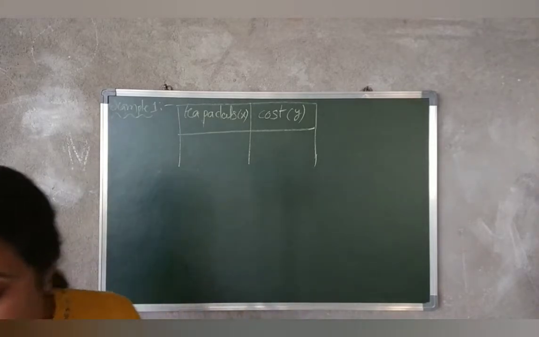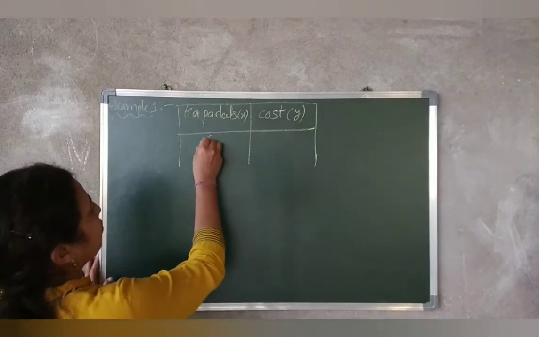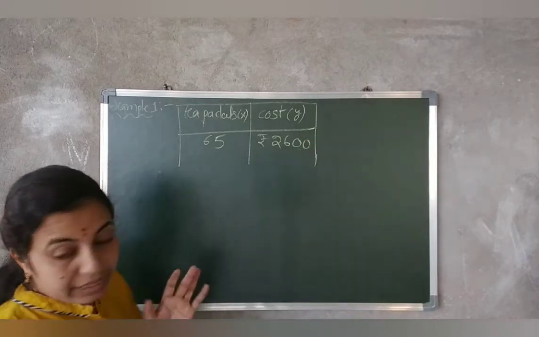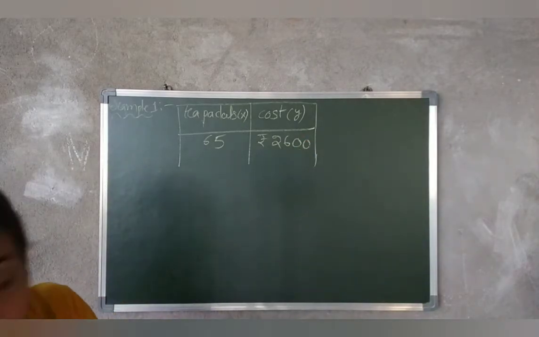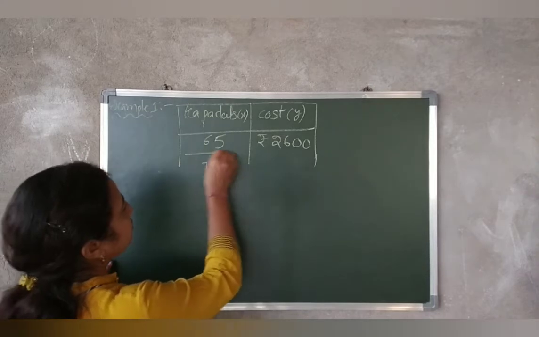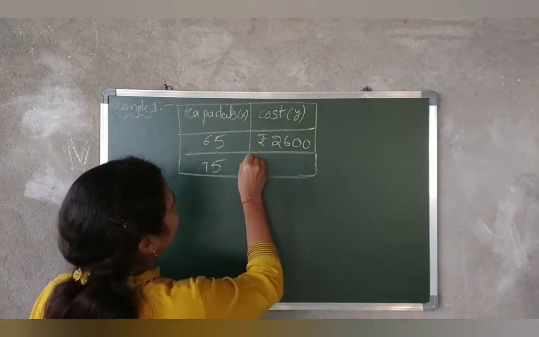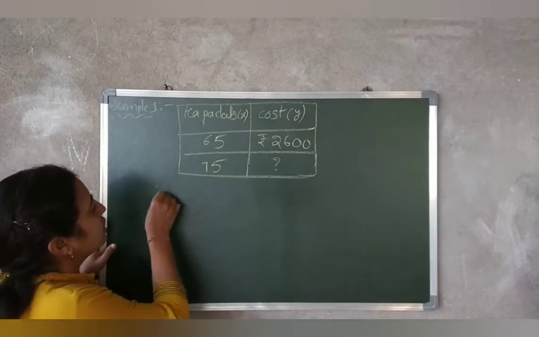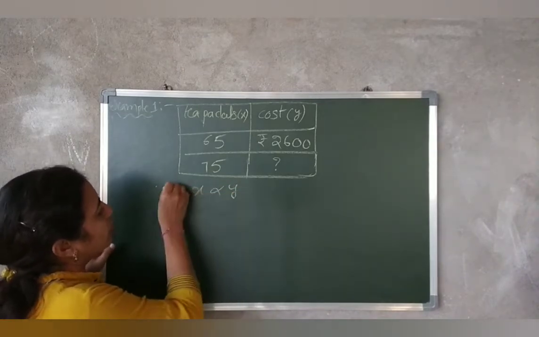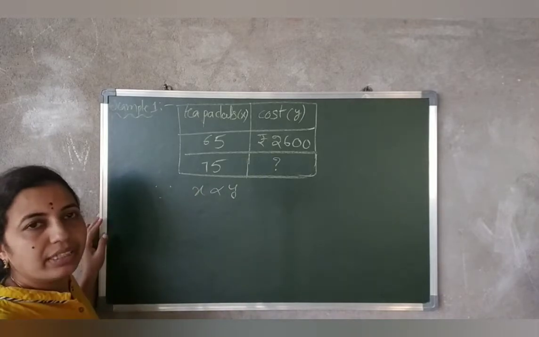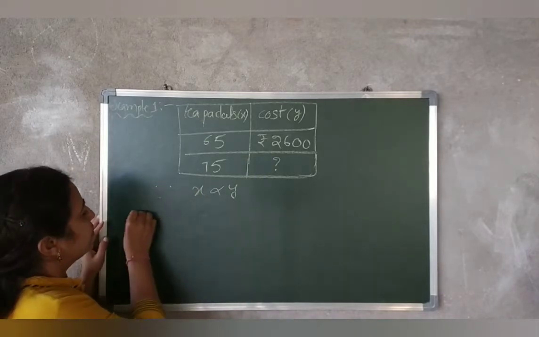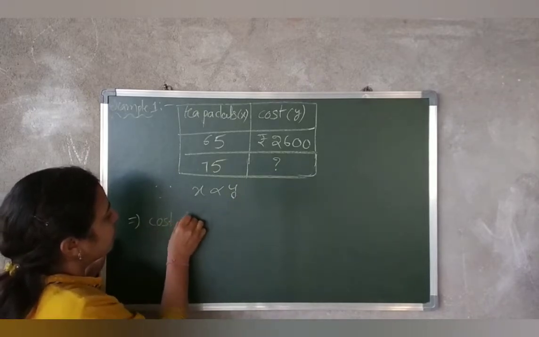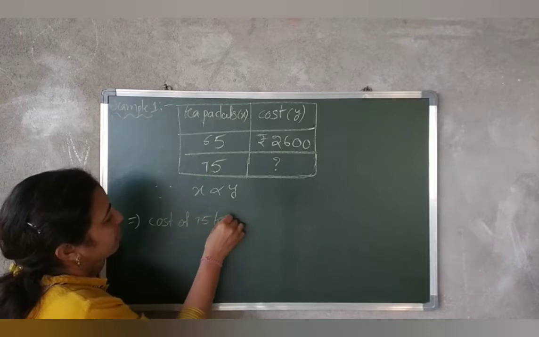Now write the values here. What is given first? 65 packets means what is the cost? 2600. If it is 65 packets, cost is 2600. Then if it is 75 packets, what is its cost? That you have to find out. Now here, since X is directly proportional to Y, or X and Y are in direct proportion, that implies, now here we need to find the cost of 75 tea packets